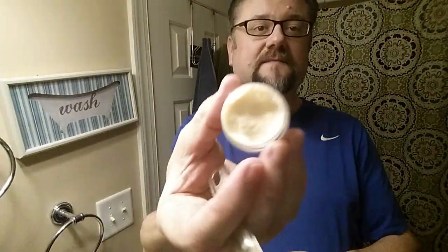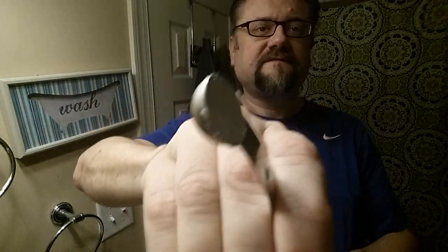All right, so I scooped out my 1/4 teaspoon, and there it is, flat. And if you get a thin measuring spoon like this, then it's much easier to dig out the harder soaps, instead of some of the ones that have thicker walls, which makes it more difficult. All right, and so I'll then